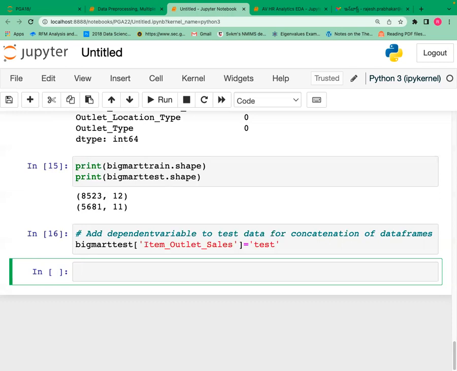Right. Now we have added an additional column to our Bigmart test data and filled that column with the value called test. Now we have an equal number of columns in our data. Now we will do concatenation. The type of concatenation we will do is row-wise concatenation. That means paste all rows